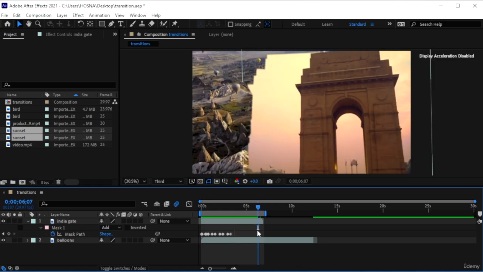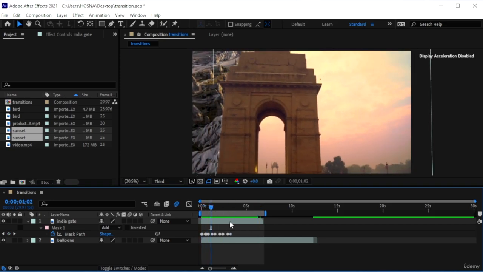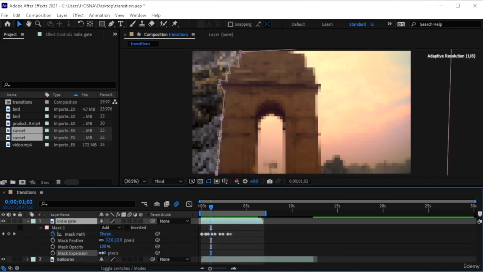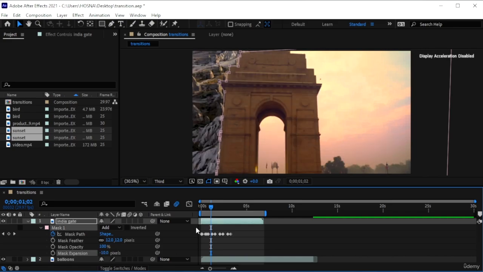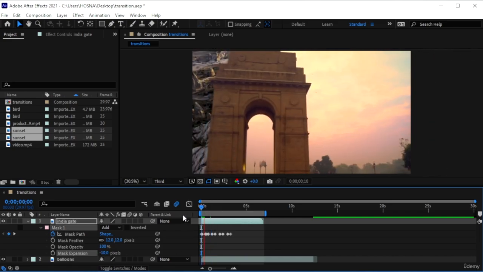So that's why the less complicated the shape, the better. If it was like a wall, it would just be 2 lines. And it would be really easy to move it around. But I'm just going to go in the mask 1, open the properties, and go to mask expansion. And we're going to bring it to the negative. Let's try -10. See if I still have some slip-ups